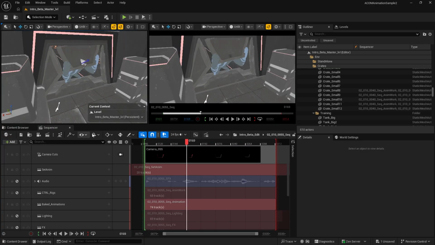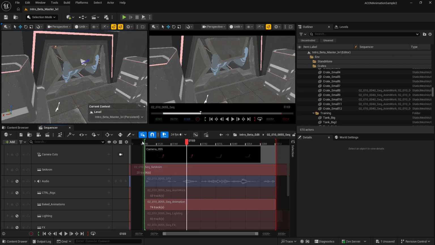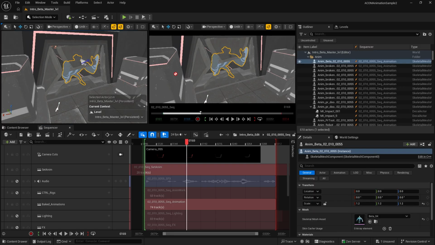If you take a look at your sequencer, you will see three similar icons that might confuse you. These are these clappers. Here is one. The first one looks like a proper clapper. It is for rendering. If you click on it, it basically asks you what you would like to render out. And then I continue. There is another one. This is with an arrow on top of it, which allows us to select certain objects and to not select excluded objects.